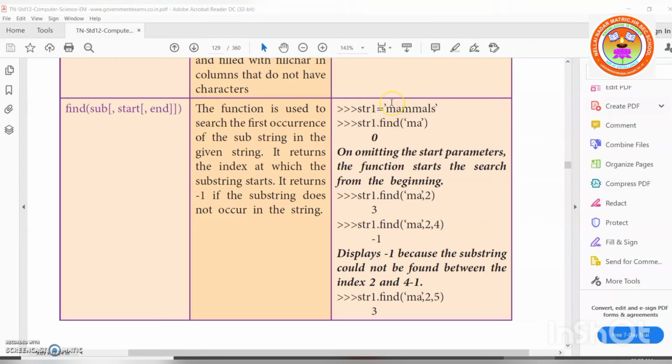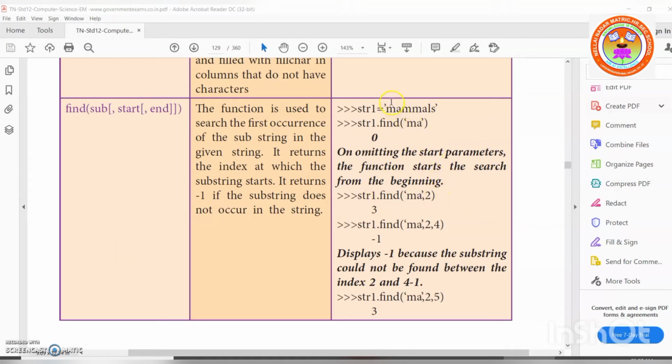As I told, it starts with 0, 1, 2, 3, 4, 5, 6. So at the 0th position, it finds MA. Understood? On omitting the start parameter, the function starts the search from the beginning. If you don't give the starting parameter, it will start from 0. str1 dot find MA, 2.